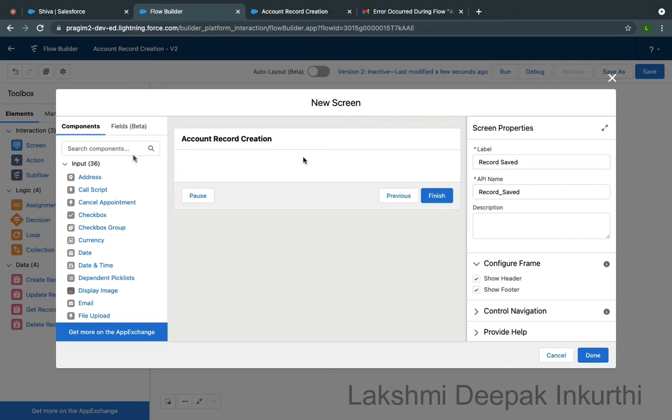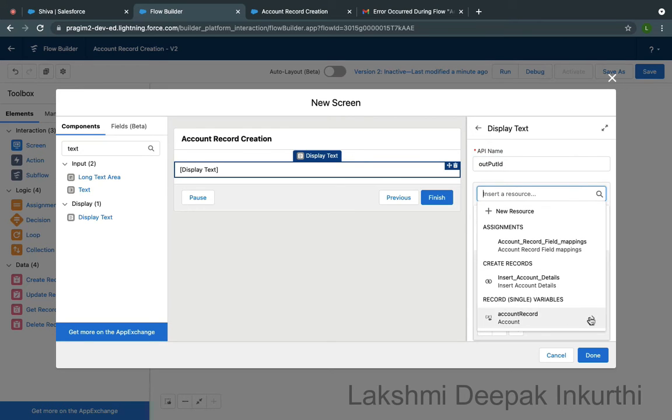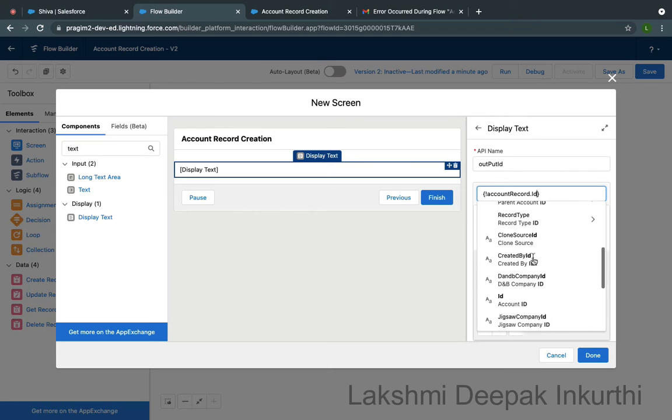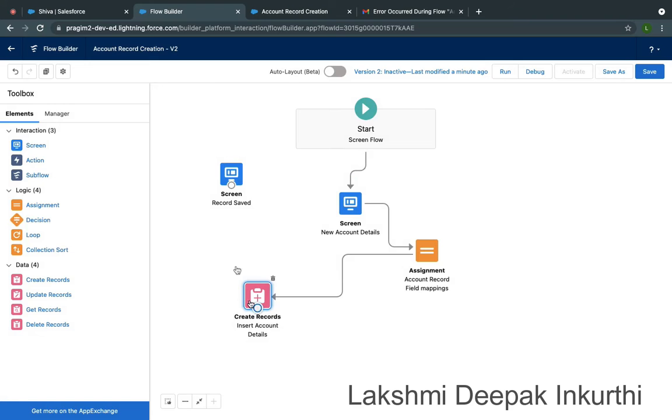Record save, output text, display text, account record, ID. Account ID. I'm just saying some one screen and I'll tag it my screen records to